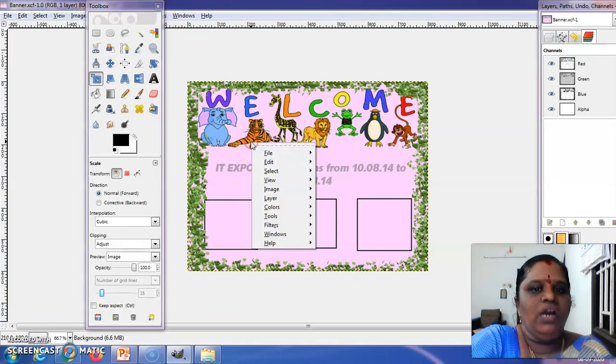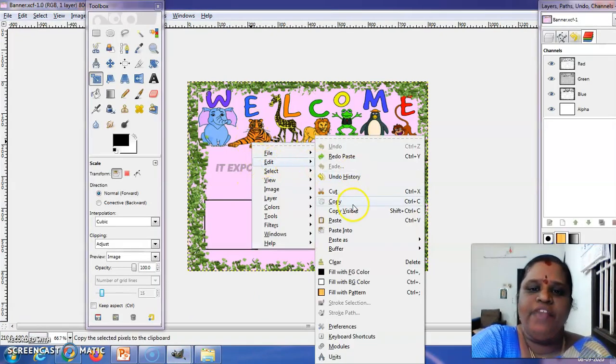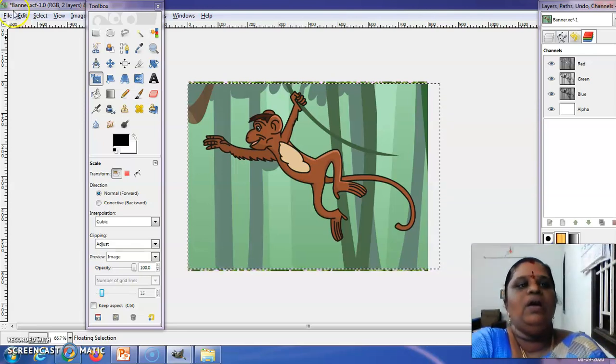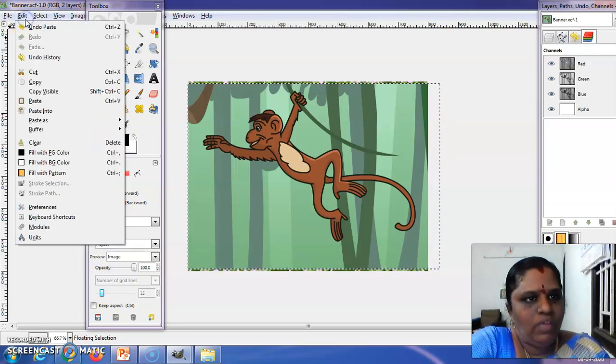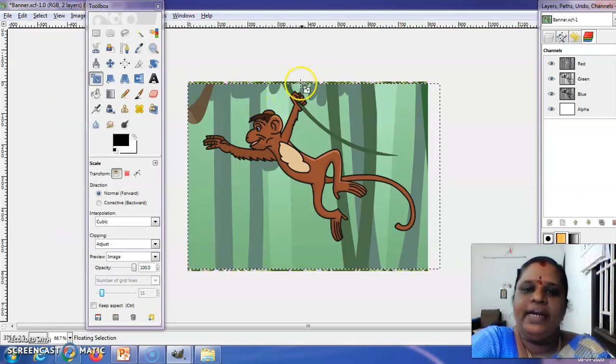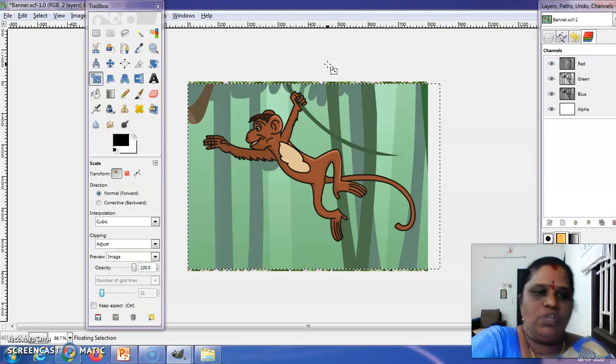Here right click, edit, paste. You can also go with right click, edit, copy, paste, or else go to edit in the menu bar. There are 2 options. Either from the menu bar we can copy and paste, or using right click, edit, copy, paste.